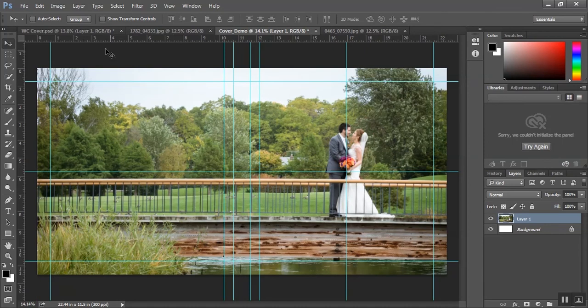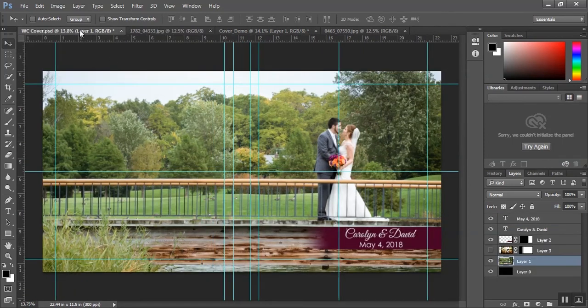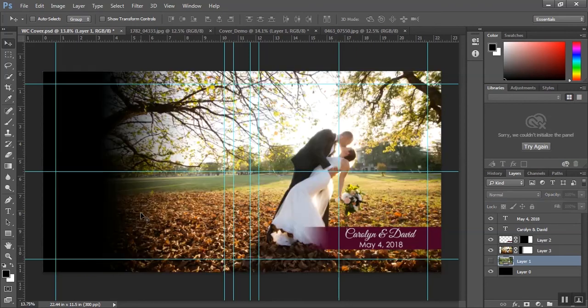Here's what my finished cover looks like. It is best practice to leave a little bit extra room away from these guidelines for your text. Here's another example of a different wraparound cover design. In this case, my photo didn't quite stretch all the way to cover the back half of the book, so